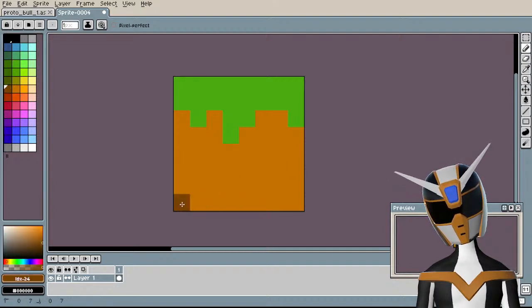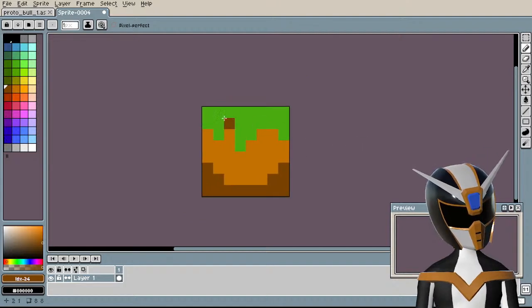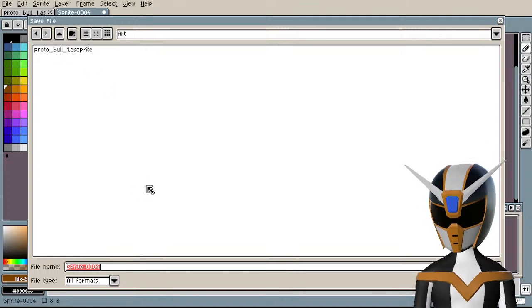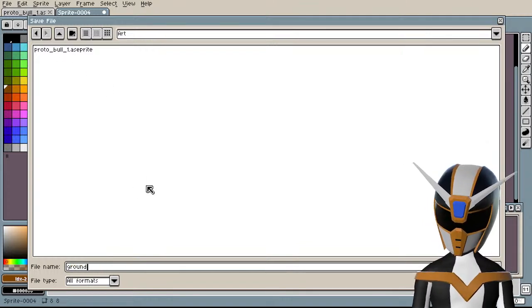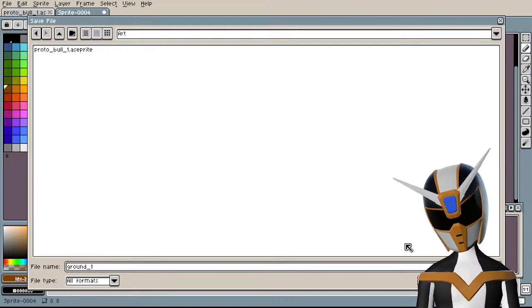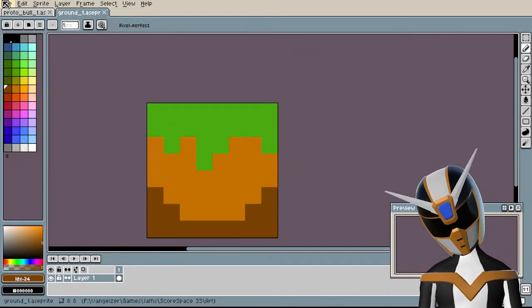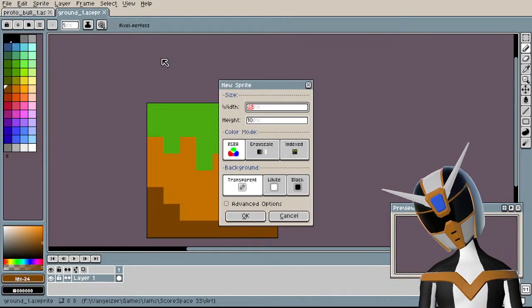Maybe if I just add some of this on the bottom, a little bit of shading. Okay. It'll do for now. I can change it later.